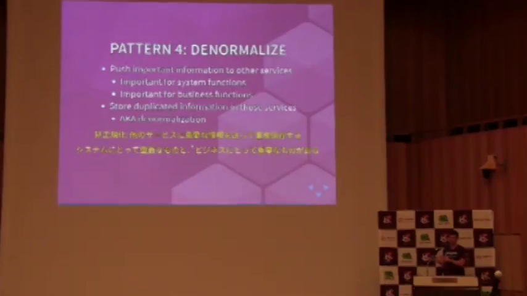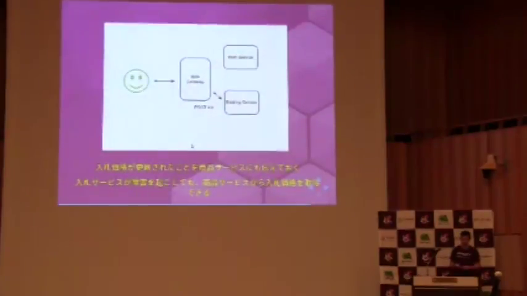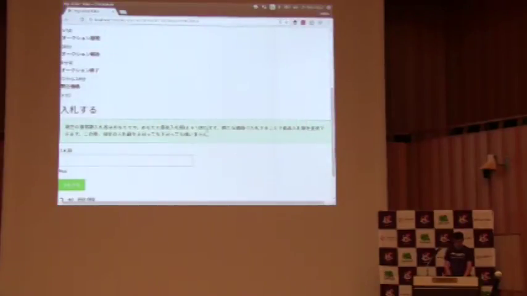So, when somebody posts a bid, we're now going to send a price updated message asynchronously from the bidding service to the item service. That means when the bid service goes down, the item service is still able to return a price to the user, and so the user is happy. So let's go and have a look at that. We'll go back here and we'll kill our bidding service.